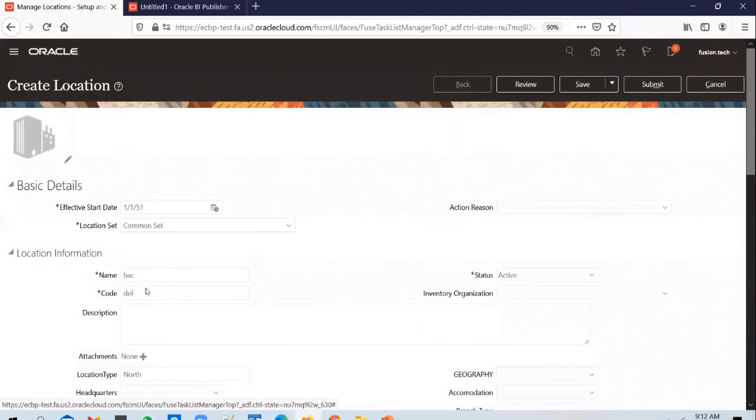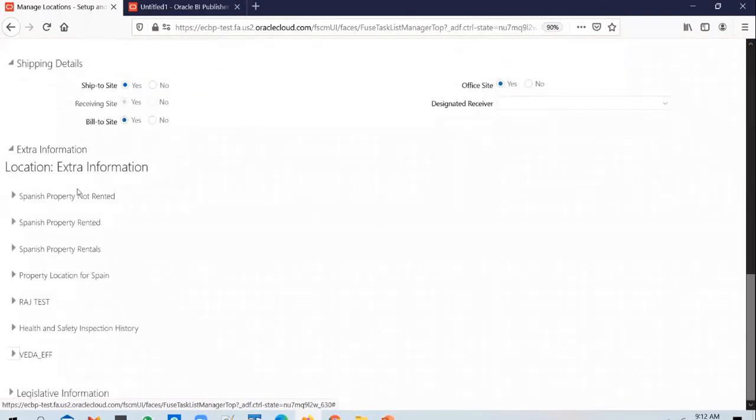So when I'm creating this location, I want to tag a couple of departments to this location, or probably to indicate what departments are using this location. I want to capture that additional information. And since there could be multiple departments, I will have to enable it as an extensible flex field.